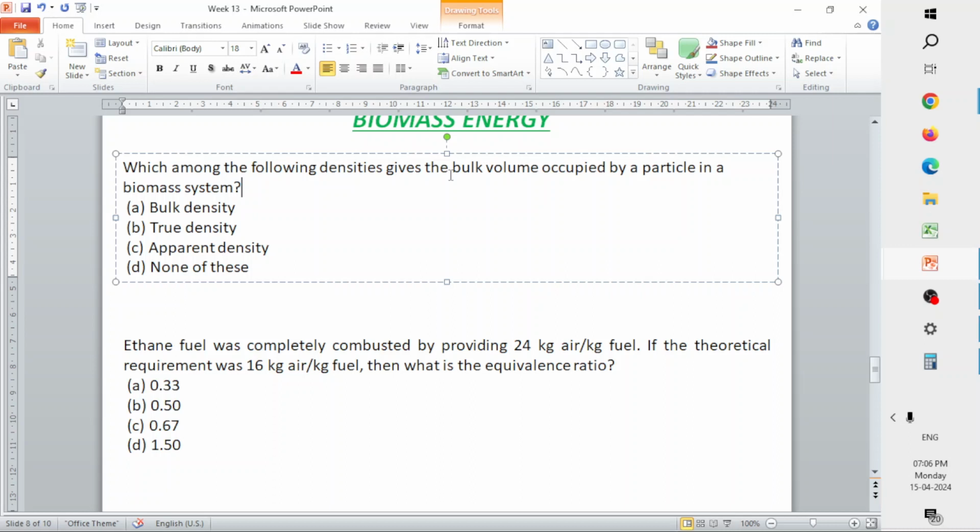So here we are asked to calculate, if you see in the characterization of the biomass, we have totally 3 different types of densities. One is the true density, bulk density and apparent density. So here they are asking us with respect to the bulk volume. Since it's about the bulk volume, the answer is bulk density. But in case of the true volume or the apparent volume, with apparent volume you also include the pores that are present. So in that case, you have to calculate the apparent density, and true density is the total volume occupied by your biomass. So let me just mention that.